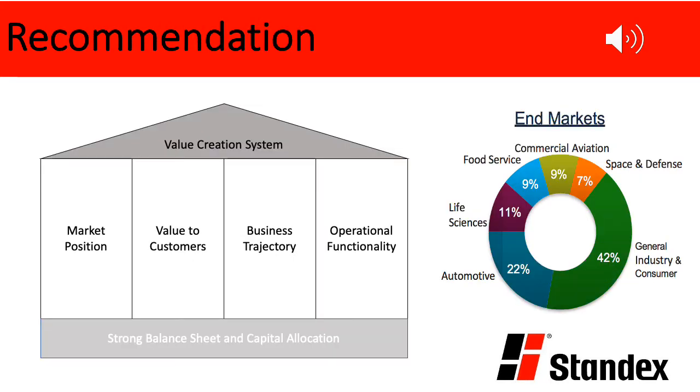Standex International has a diverse portfolio of market-leading niche products that serve a wide range of end markets. These end markets include consumer and general industrial, healthcare and life sciences, automotive, aviation, and other. Most of these markets have been negatively impacted by the COVID-19 pandemic, which has resulted in Standex's shares declining by almost 26% year to date. This price drop creates a good entry point as the economy is recovering and Standex's underlying business is still intact